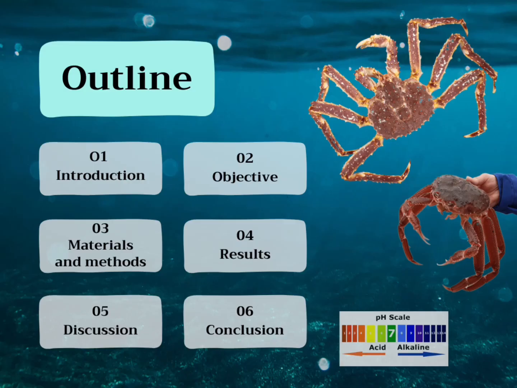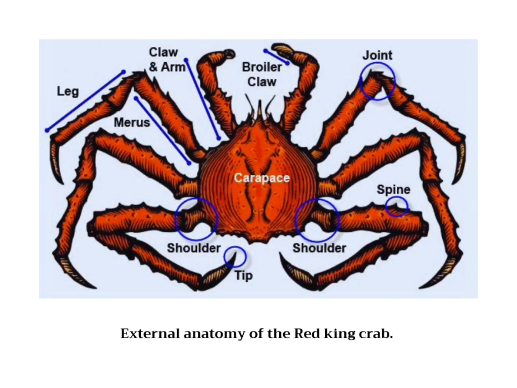Outline. Number 1, Introduction. Number 2, Objective. Number 3, Materials and methods. Number 4, Results. Number 5, Discussion. Number 6, Conclusion. Without further ado, I would like to get started on the presentation, beginning with the external anatomy of